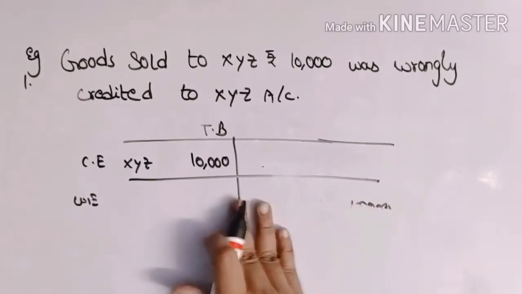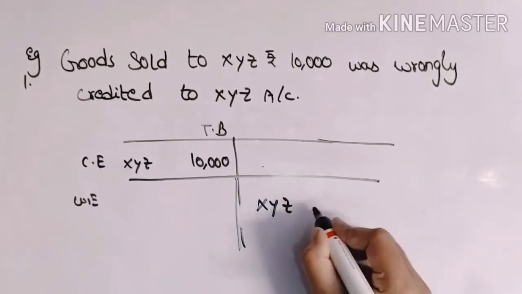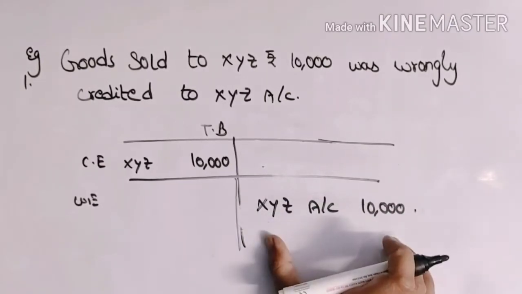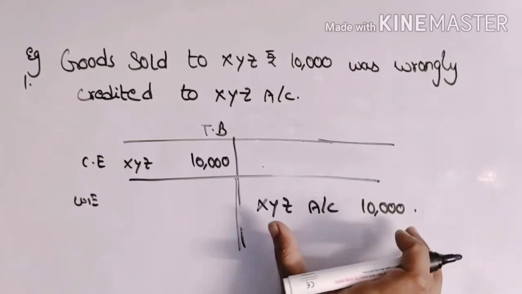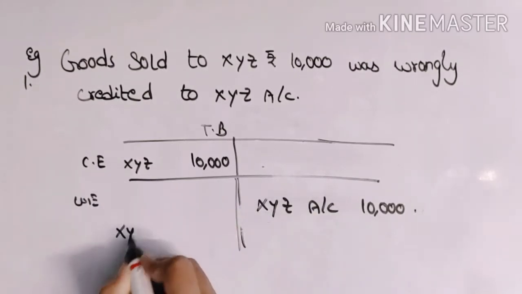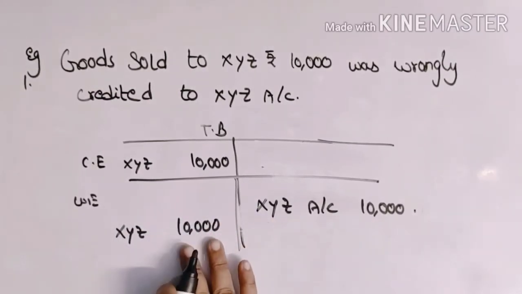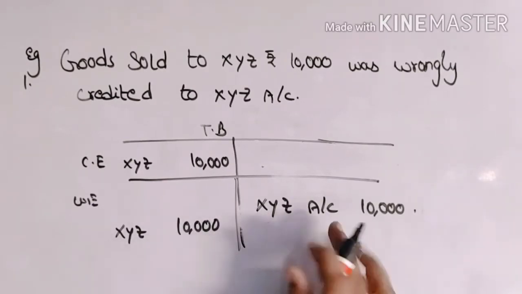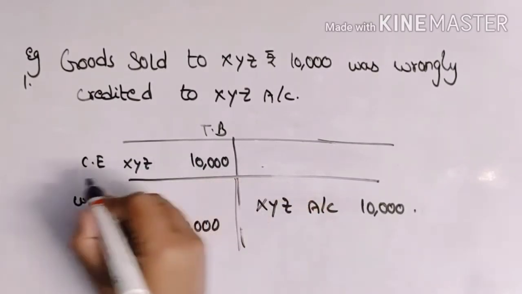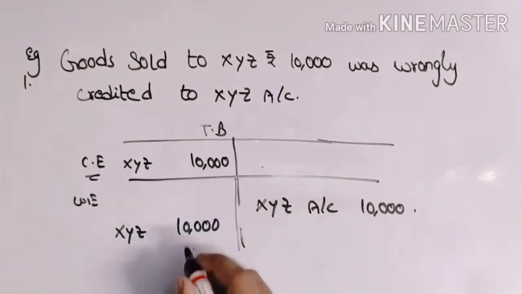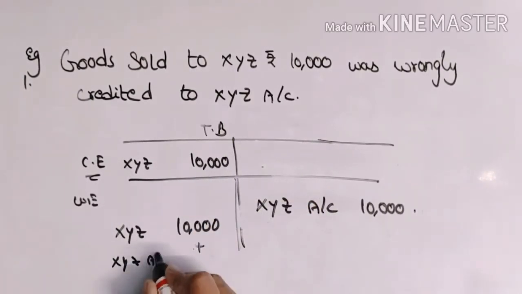Is it correct? No, we should not strike out like that. By the entry only we have written it wrongly, so by the entry only we have to solve this. How can we solve this? It is credited wrongly, so we have to debit it once. If we debit this once, then this wrong entry and this entry will be cancelled. So now the error is rectified, but XYZ account must be debited with rupees 10,000 as the correct entry. So in order to write the correct entry, we have to debit XYZ account again with 10,000 rupees. So this is the correct entry.